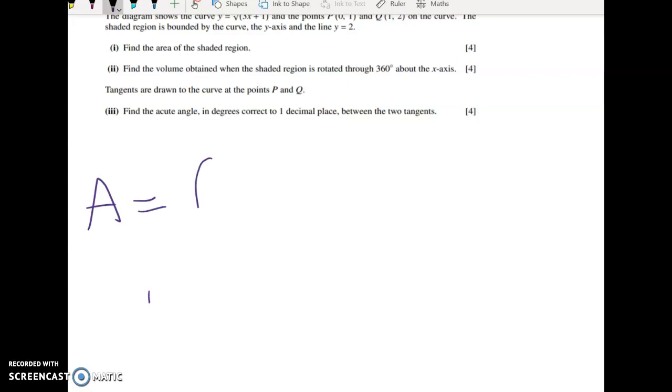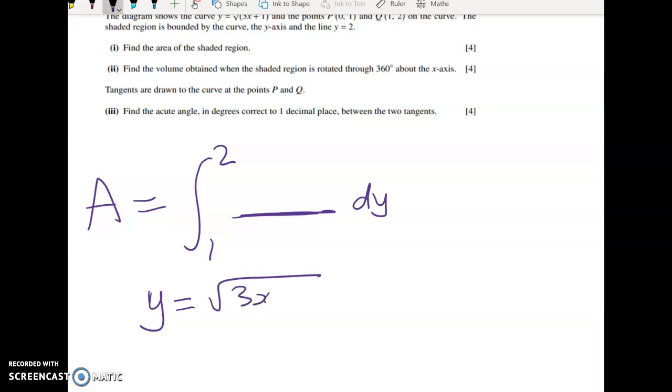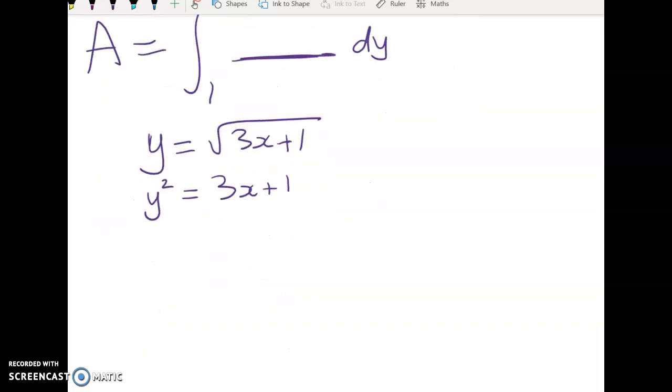So the area is going to equal the integral between 2 and 1 of something with respect to dy. To do this question, we have to take y equals root 3x plus 1, and change it so that x is the subject. So let's do that. We get y squared is equal to 3x plus 1, and that gives us x is equal to y squared minus 1,